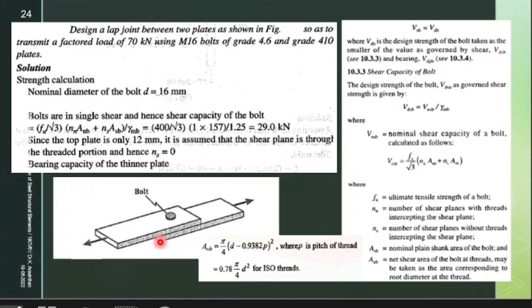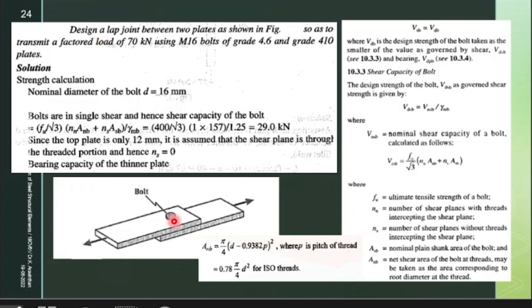When you are connecting the two members at the edges, it will be a butt joint and you will be having additional plates. And they have not given any bolt, how many number of bolts should be used and what is the spacing which has to be provided. These two components you have to design. So what do you mean by a design in steel structure is regarding connection. So you will be giving the bolt dia,